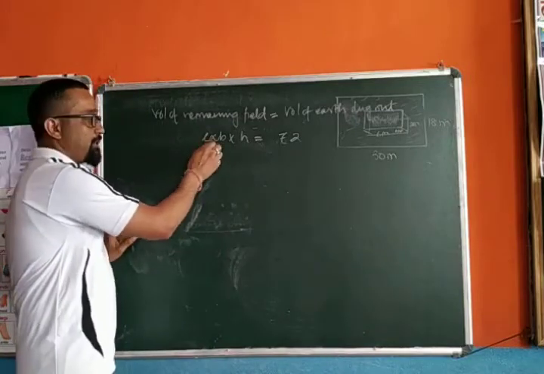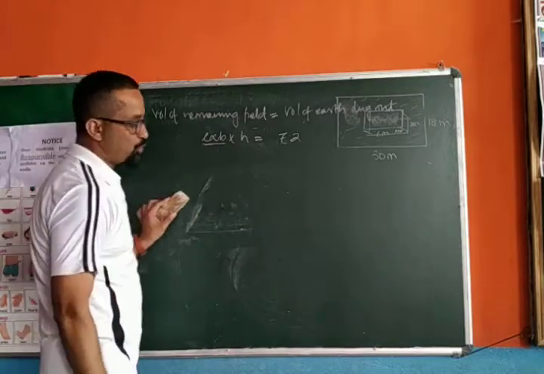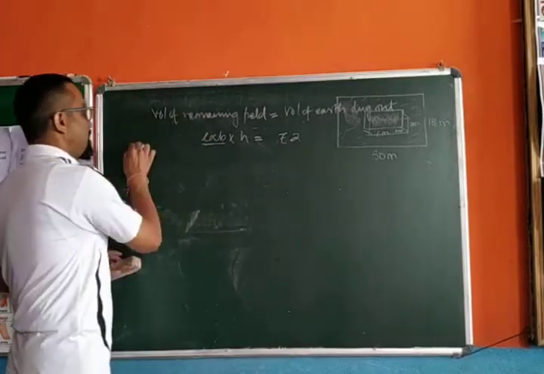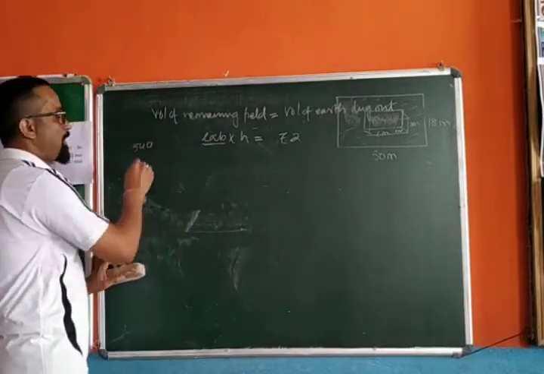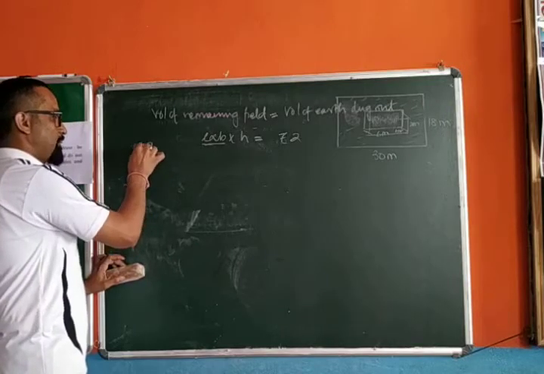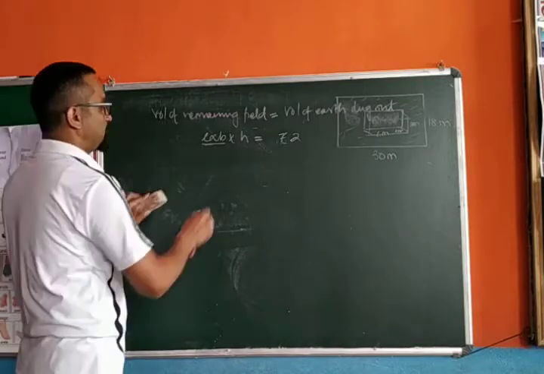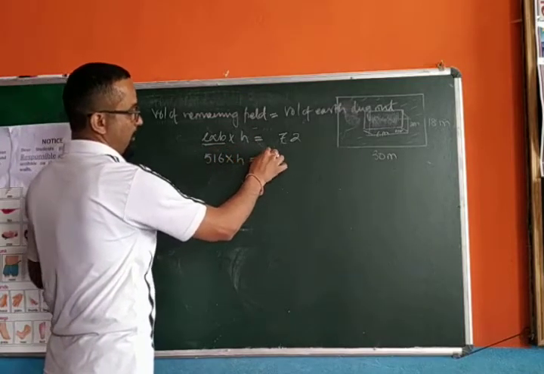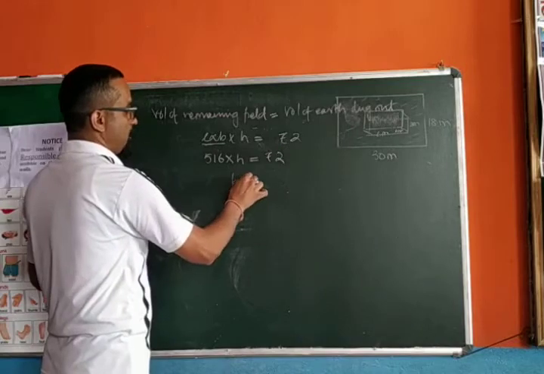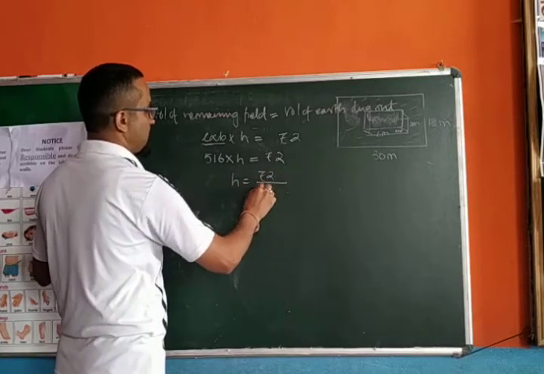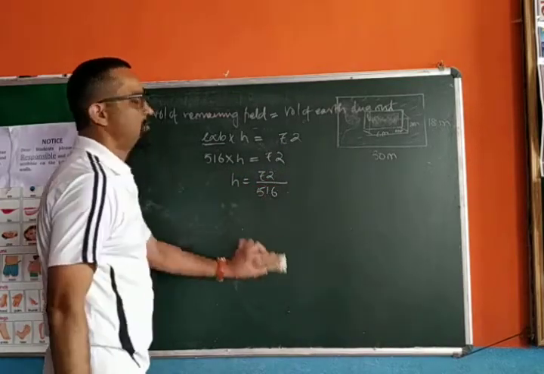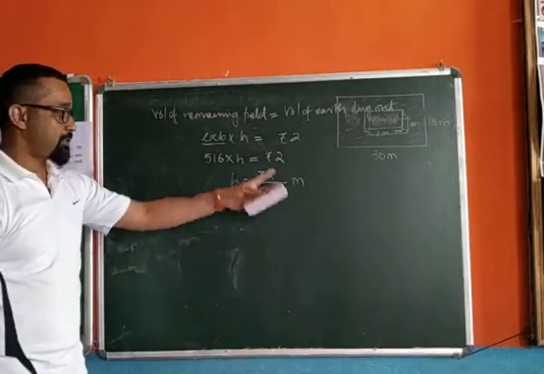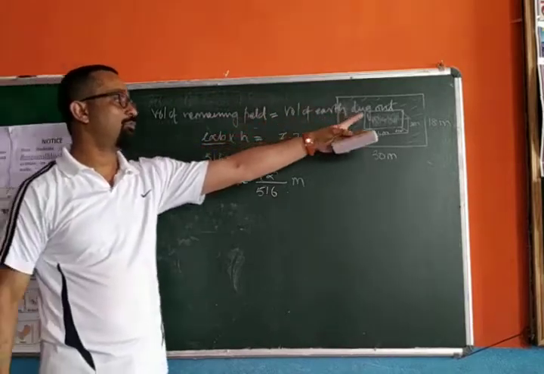Length into breadth is the area of the remaining portion, which we have already calculated. It was 540 minus 24, which is 516. Height, you have to calculate: 72. Height is equal to 72 divided by 516. Simplify this, and you get the answer in meters. This is how we calculate the volume of the